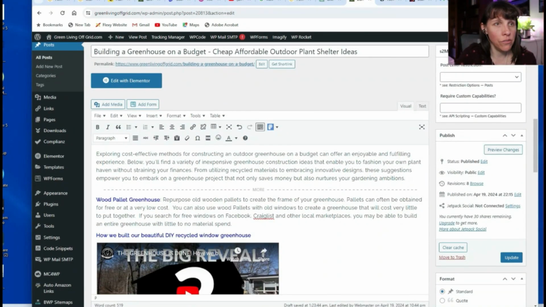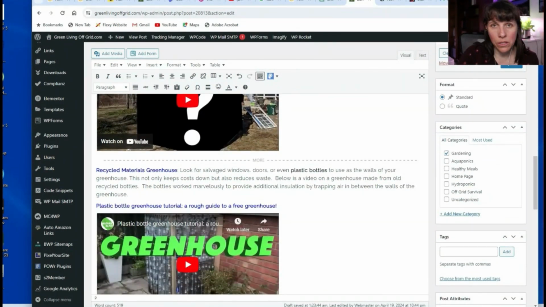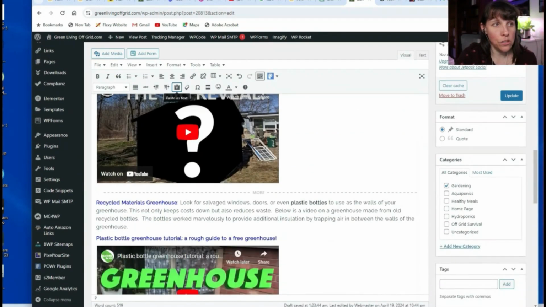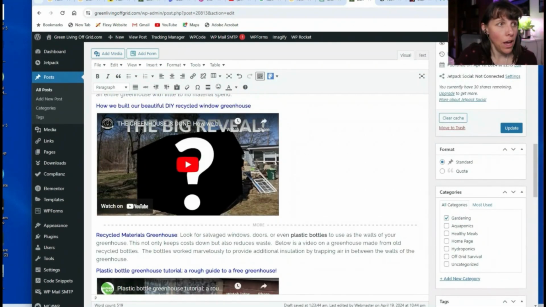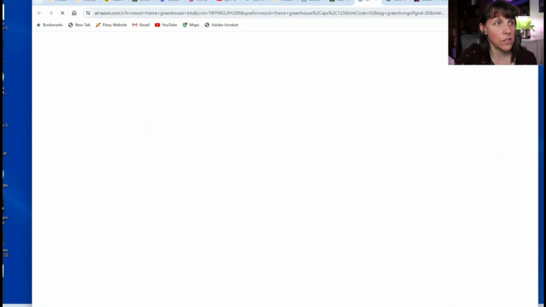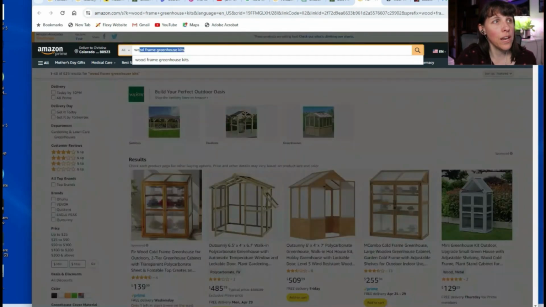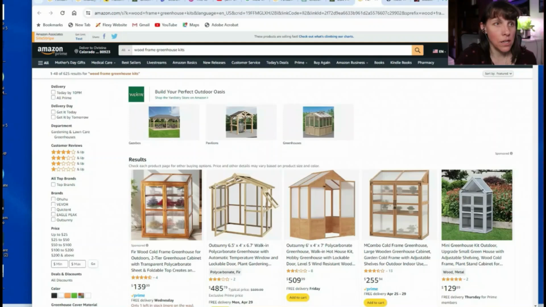I kind of used ChatGPT to get me thinking about each of these things that you can do to build a greenhouse affordably. But then I'm also searching YouTube for videos I can put in. I'm searching Amazon wherever I can have something like this. I'll show you what I chose on Amazon: wood frame greenhouse kits, and I decided to put this in. I grabbed my text link,